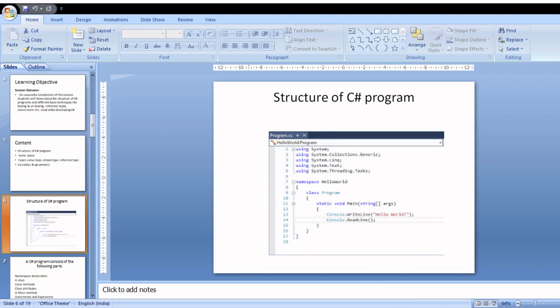So this is an example for a C# program. The lines you are viewing at the starting portion of the program are called namespaces. As you have learned, System is the default or common namespace used in C# programs.